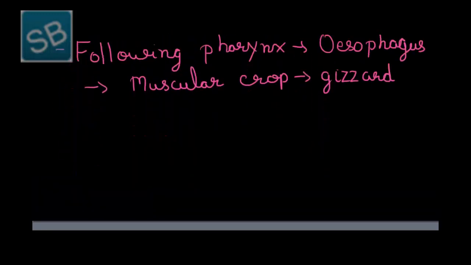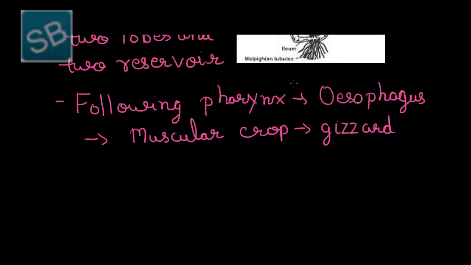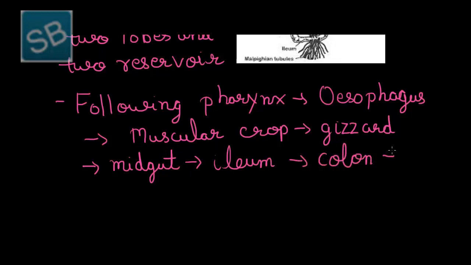Thus, the alimentary canal of cockroach includes pharynx, followed by esophagus, opening into crop, that further opens into gizzard. Till gizzard occurs foregut, which further opens into midgut, where 8 hepatic cecae are located. Following midgut occurs hindgut, which constitutes ileum, followed by colon, which is further followed by rectum. Thus, it opens outside through anus, where an anal opening occurs.